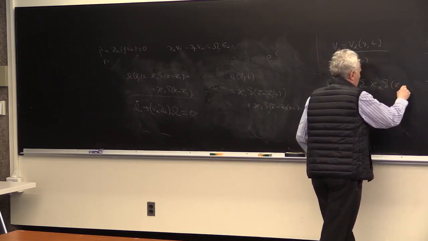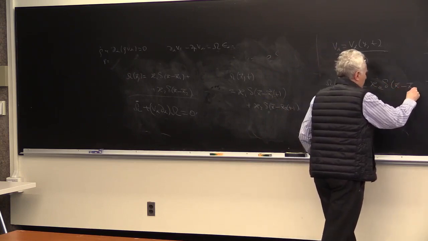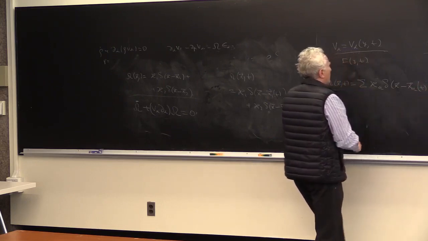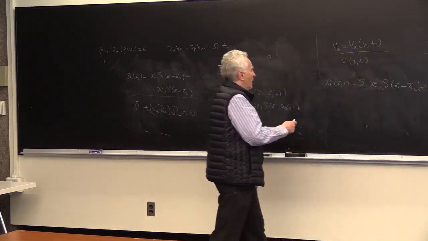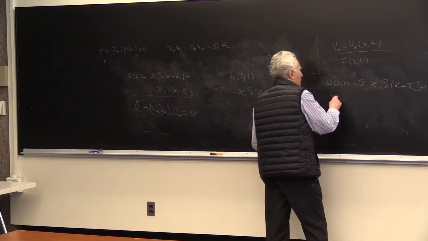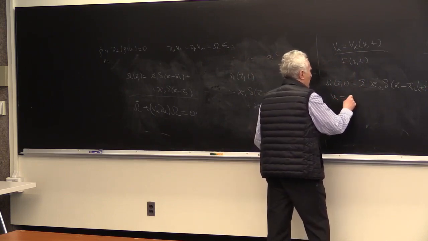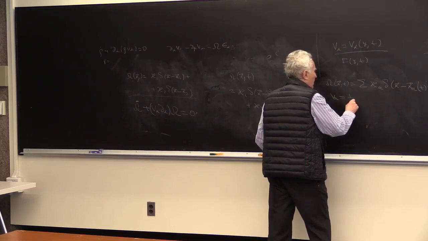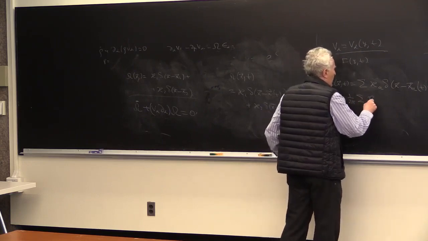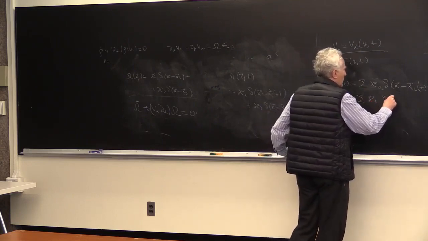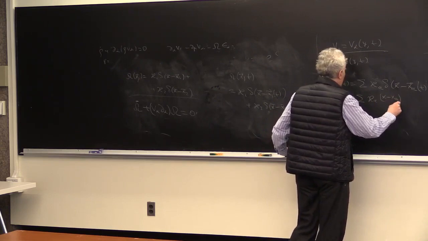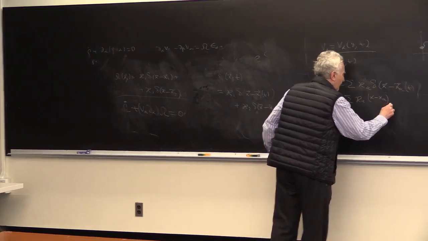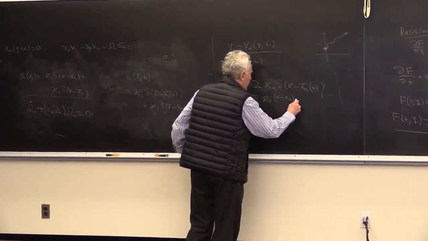It's equally easy to consider an arbitrary number of vortices. And V alpha is 1 over 2 pi sum over A of kappa A, epsilon alpha beta, x minus x A beta,